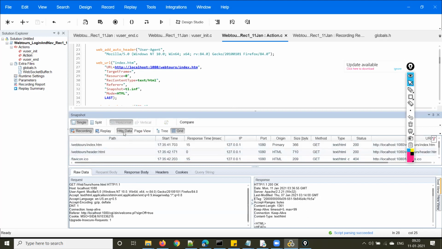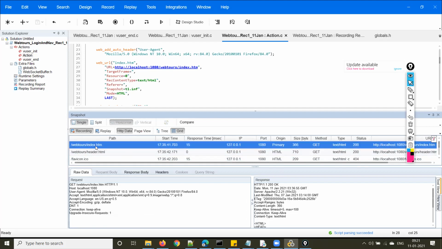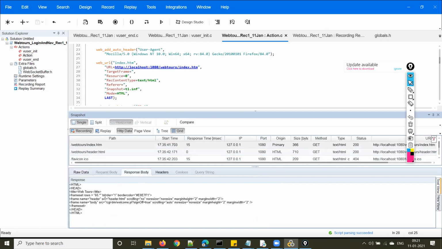You see the request, sub requests, the response time, the request method, the response code and all these details in HTTP data. Clear?